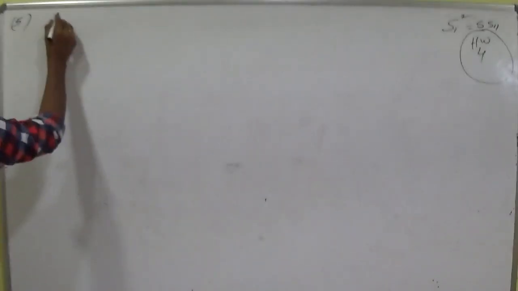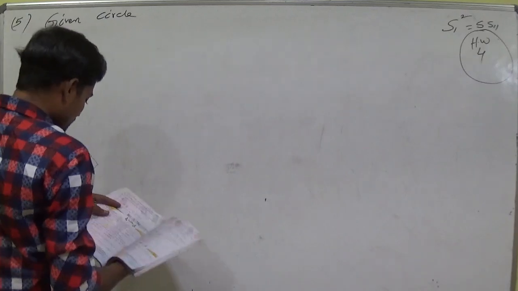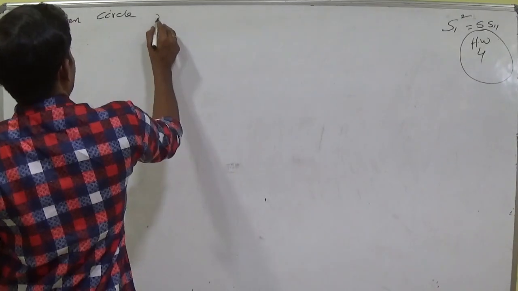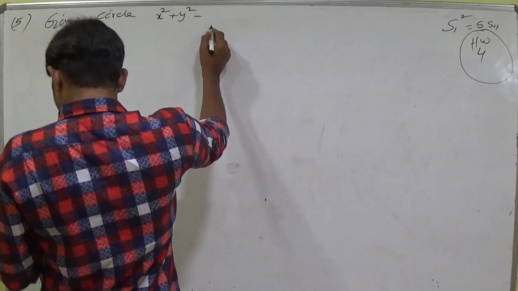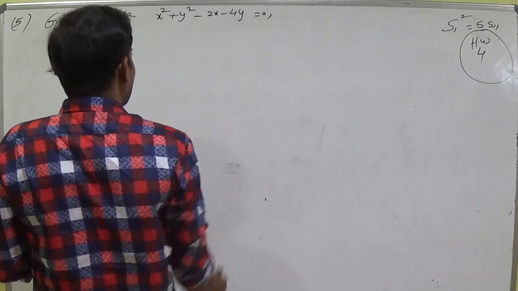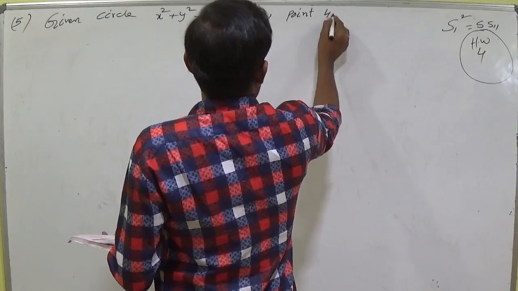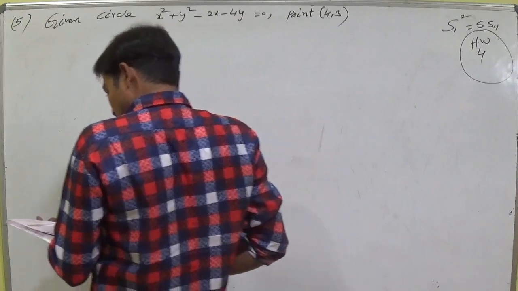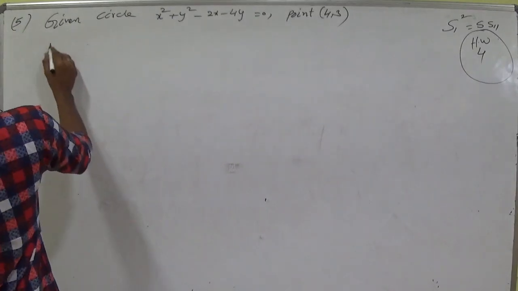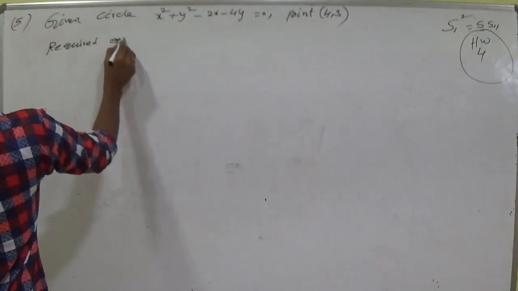Given the circle, what is the given circle here? x square plus y square minus 2x minus 4y equal to 0, and the given point is (4, 3). Then the required equation is